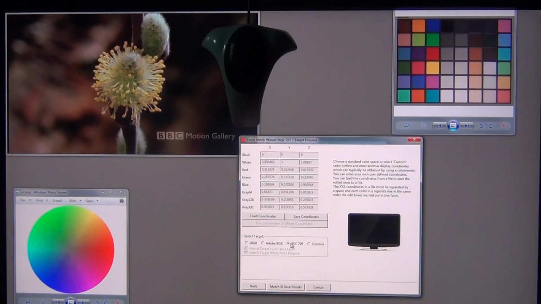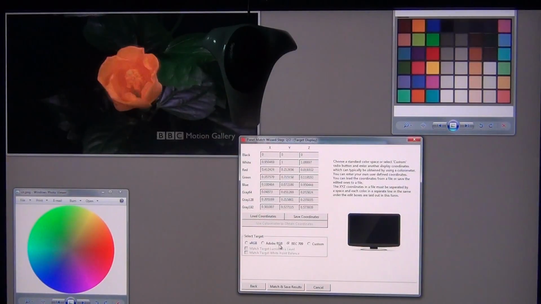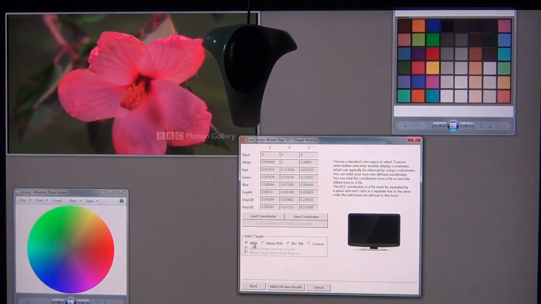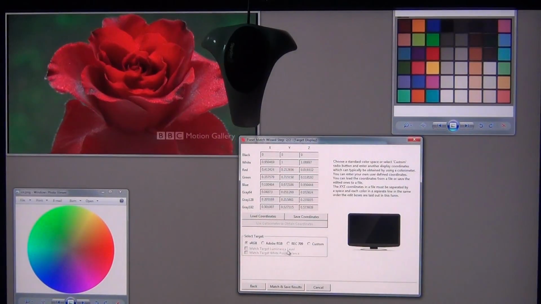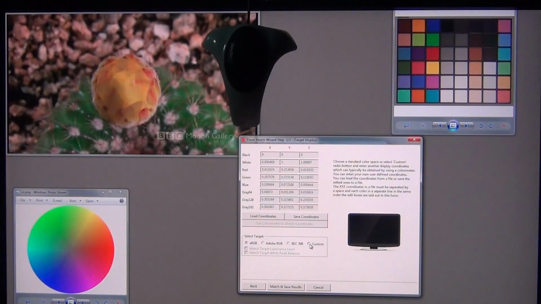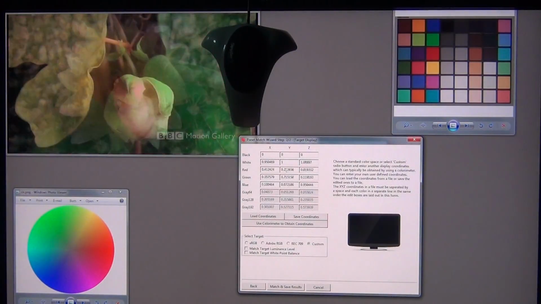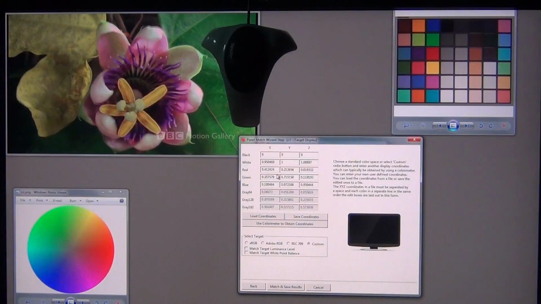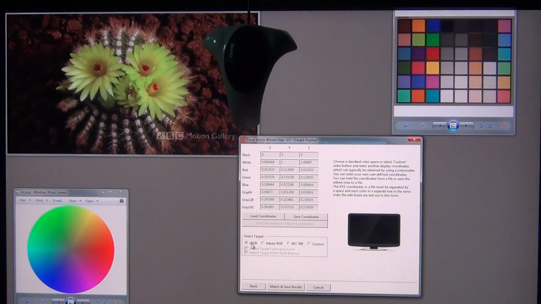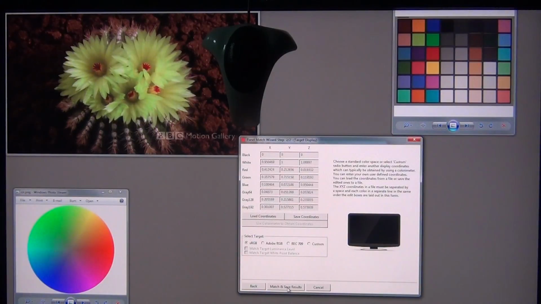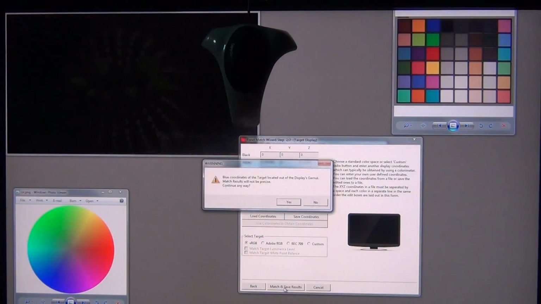or Adobe or Rec 709. You can use them with the standard numbers like that, so it's grayed here, you don't have to edit anything. Or you can select sRGB and then custom, so you have the ability to change those numbers to adjust them in any way you want. We will use the sRGB standard numbers, and we will simply say please match, and it